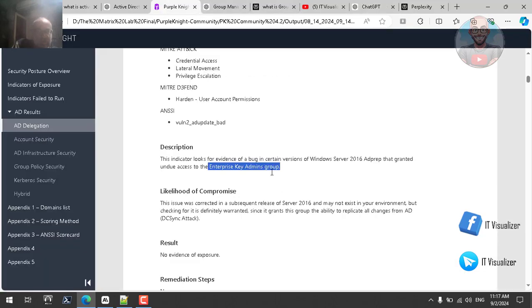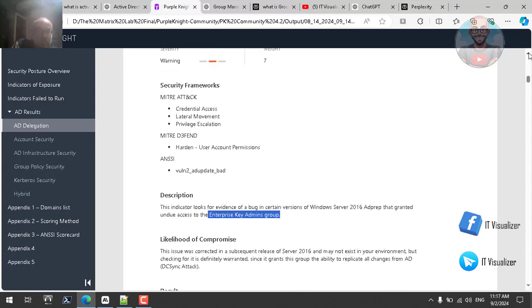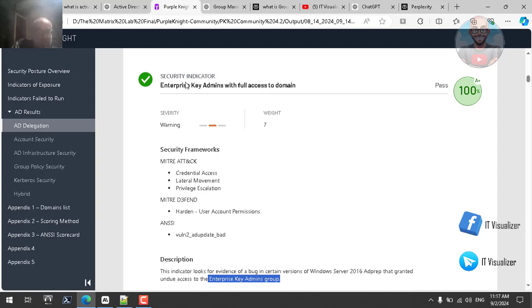I think I have seen something here. When I tried to search more, I found an article talking about a specific security hole that was in Windows Server 2016. I think I have already read an article concerning this issue. Anyway, what we should do is make sure that we have passed this test. The Enterprise Key Admins should only manage cryptographic keys,